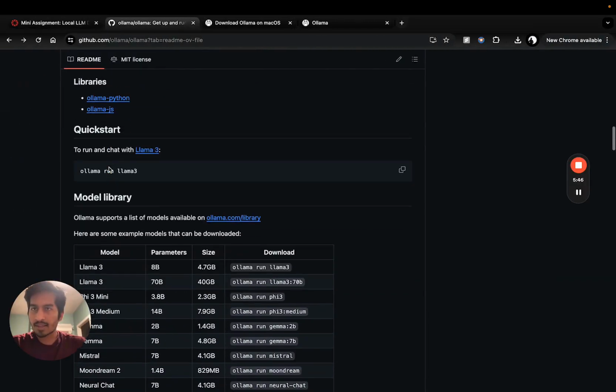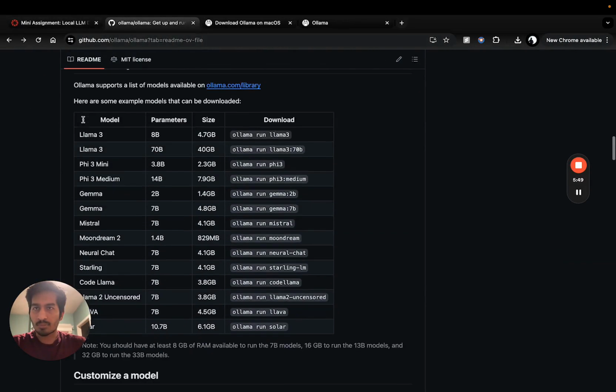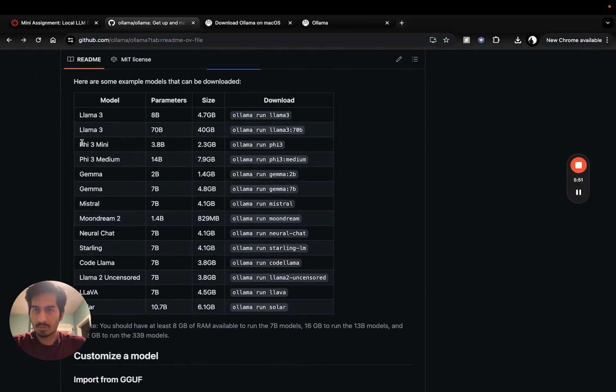So let's go back to the repository and pull the next model, which is Phi 3 mini. I think Phi 3 mini is developed by Google, and it's also lightweight. It has only 2.3 GB and it has 3.8 billion parameters. Okay, let me copy the command